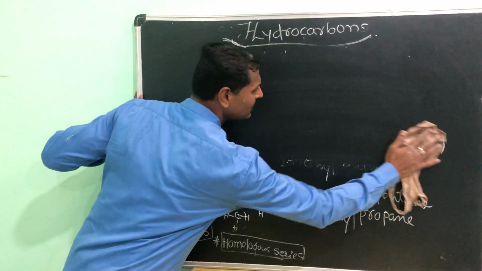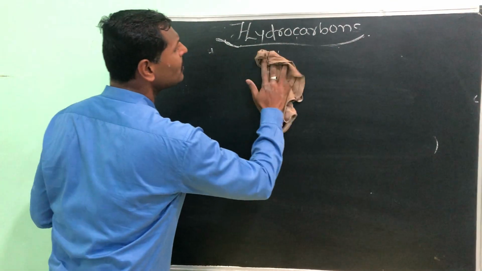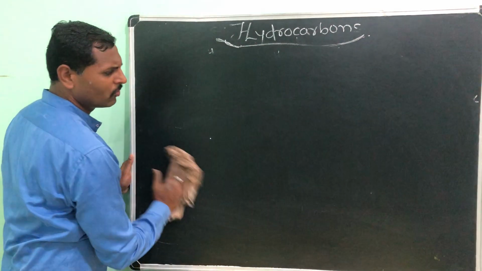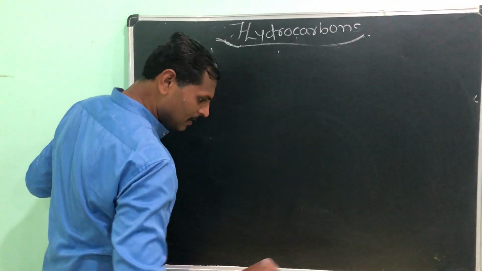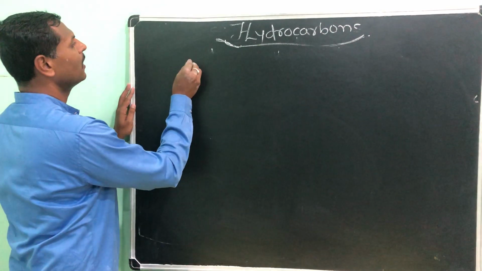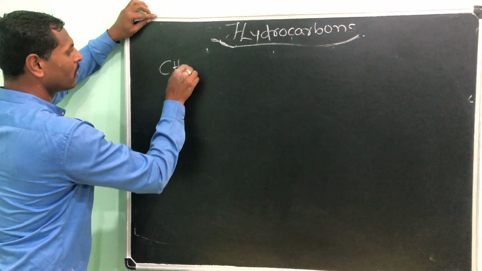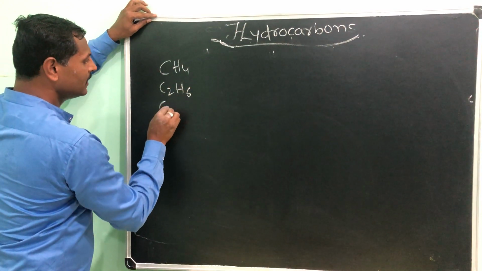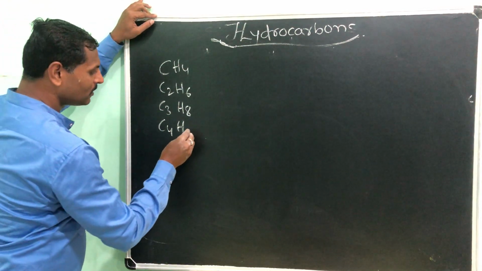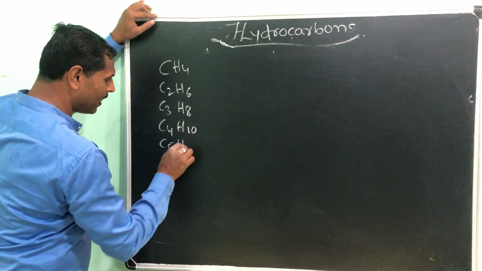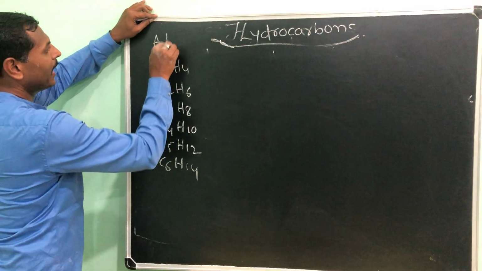Okay, so homologous series, I will come to the homologous series. What are homologous series? We will take examples. Without examples we cannot understand in chemistry, right? Take an example for methane, alkanes. Alkane group I will write all the alkane group. CH4, C2H6, C3H8. Yes, come on, name all the hydrocarbons. C4H10, C5H12, C6H14. Okay, these are alkanes.